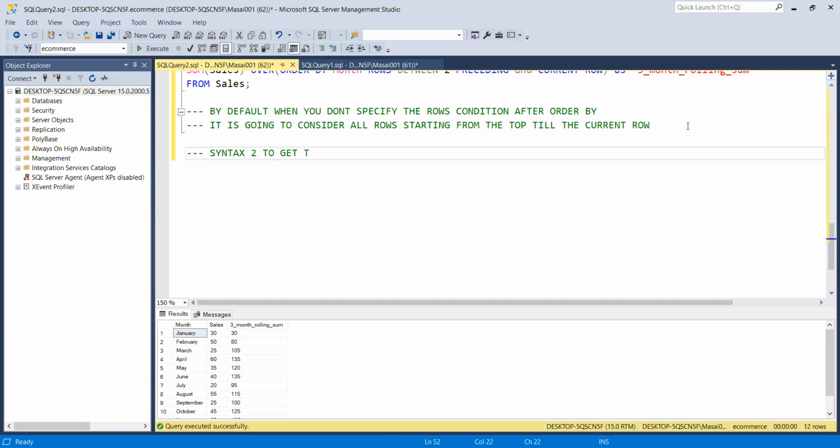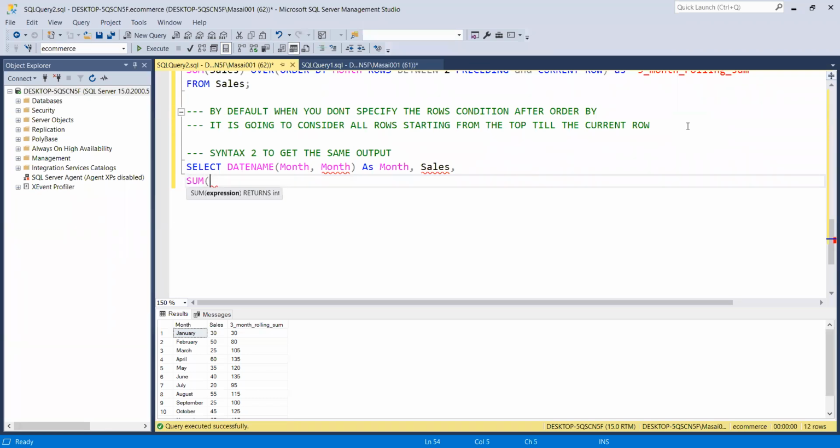Syntax 2 to get the same output for the same problem statement, which is: select date name, month as month, followed by sales, followed by sum window function, sales over, let me give it in caps, ORDER BY month. And then this time,